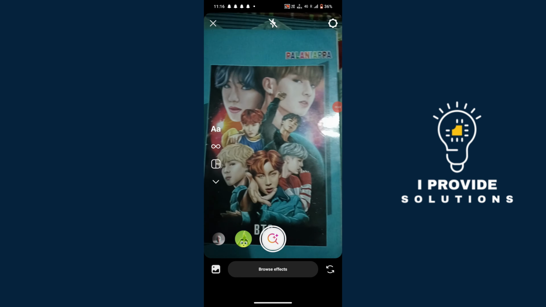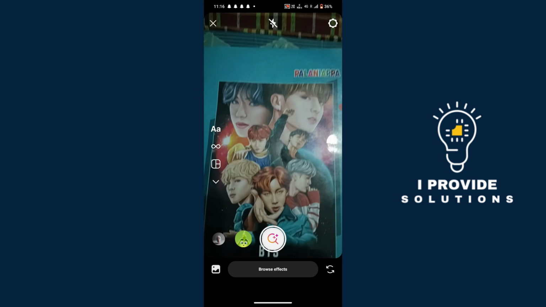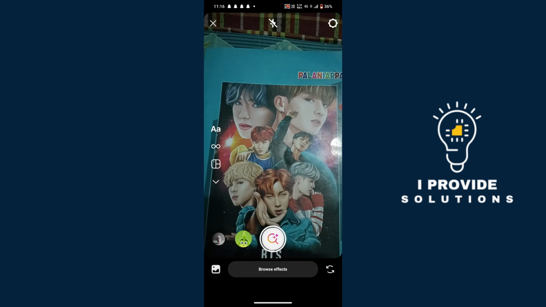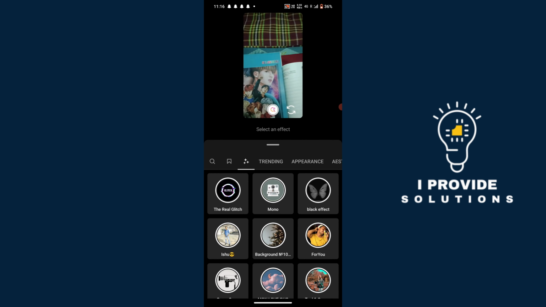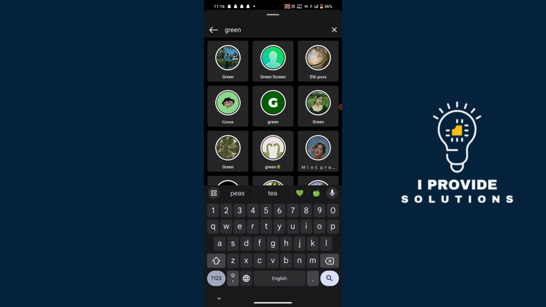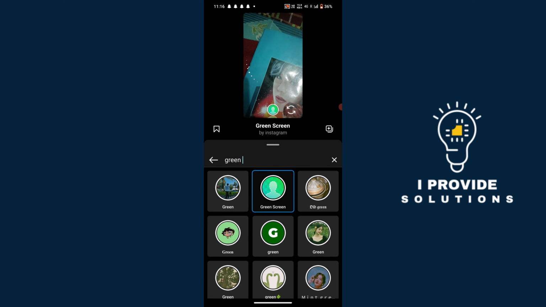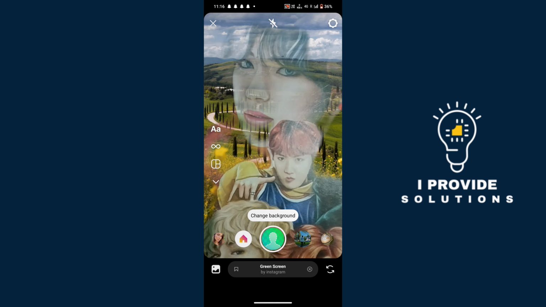Here we will see we need to click on browse effects. You need to click on browse effects and it will show different types of effects. Here we have a search symbol, click on that. I clicked on green screen. Here it is, how I clicked on green screen, and you need to click on green screen here, and